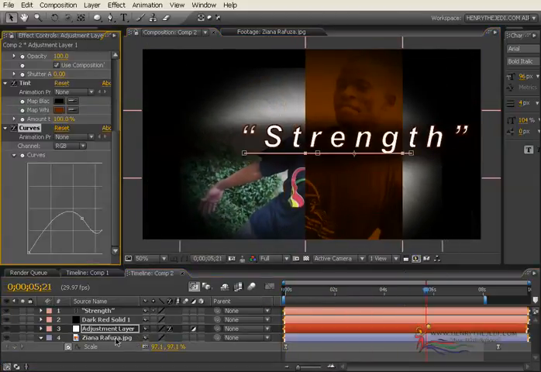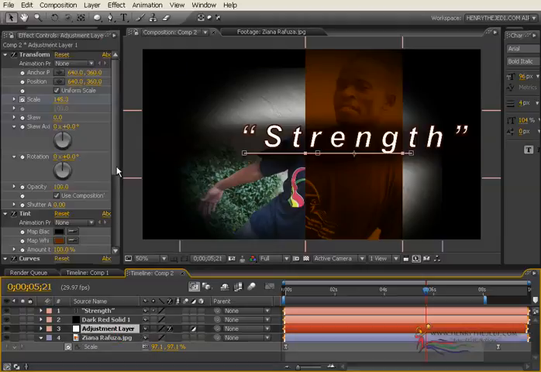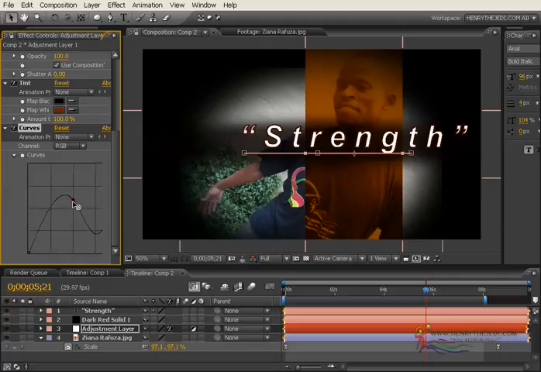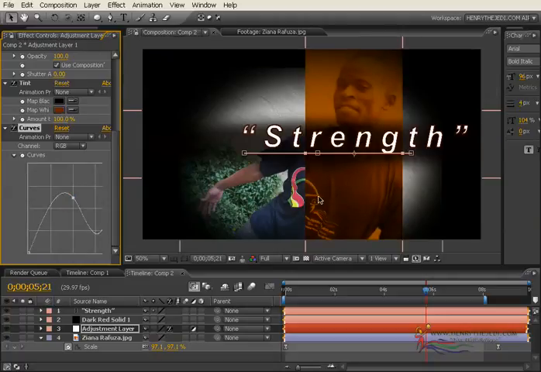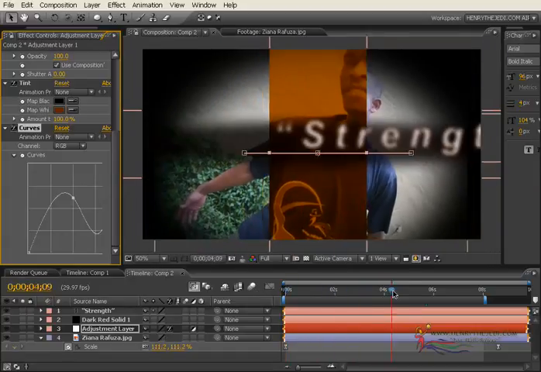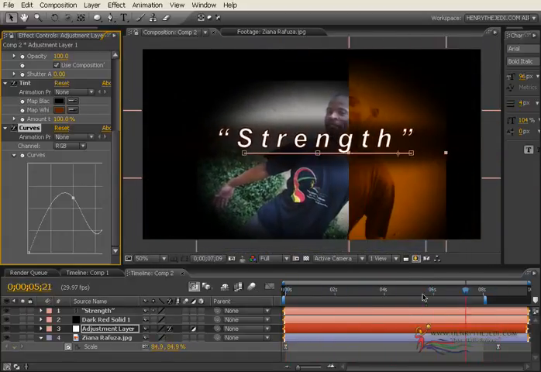And then for Gianna's layer, we are going to the adjustment layer and then try to bring the curves up a bit so that it brings out more highlights into his image like that, okay? So yeah, now we have much more of a beautiful looking image of him right there, okay?